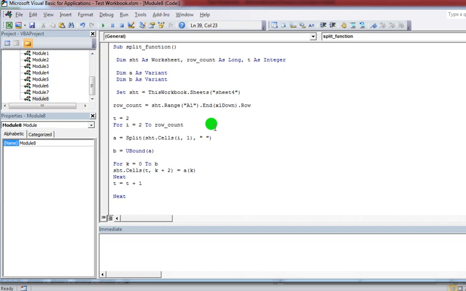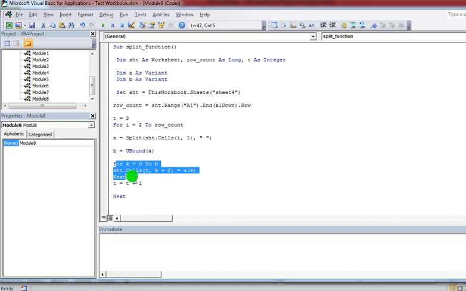So now in this part, I get the data from Excel, split that data with the help of the split function, and store it into the array a, right? And in this part I retrieve the data from the array and insert the data into the Excel sheet, right?